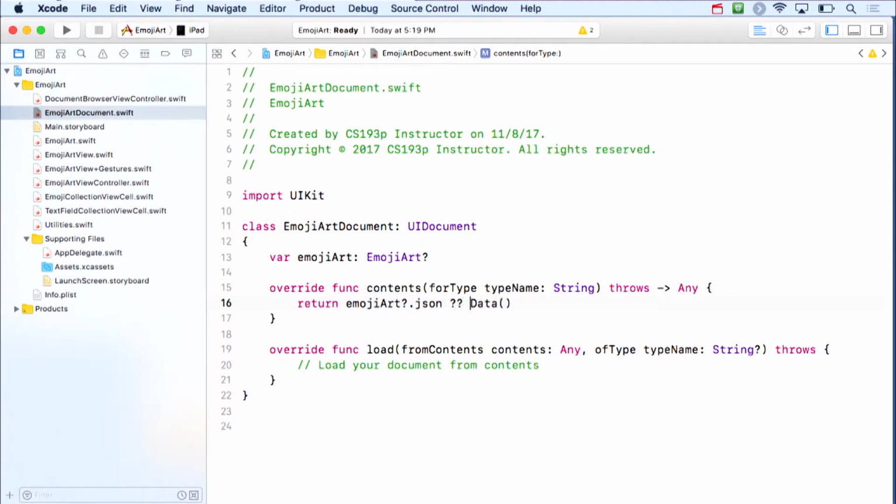And if it doesn't have a JSON representation, then we'll return data, which is a blank document. Okay, empty document, and we know how to deal with that because our documents always come up empty. And then this is the other way around. Here we're having a data passed to us, and we want to turn it